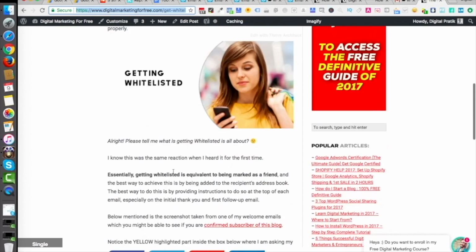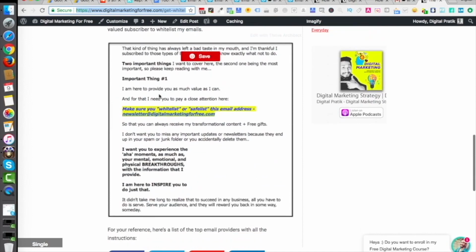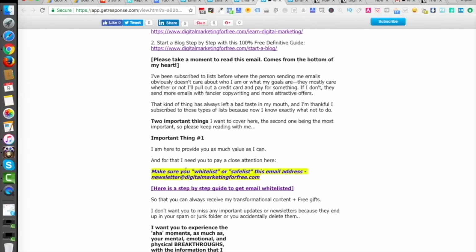So here is a step-by-step procedure. Now, what I have personally done in my emails: let's say you subscribe to my newsletter or you subscribe for anything on this blog, you'll receive a welcome email in which I'll have something mentioned like this, intelligently. I'll say make sure you whitelist or safe list this email address, the email address which I use to send newsletters. If they are not even aware of that, I'll actually put in a link, and that is what I'm going to do right now in front of you inside my